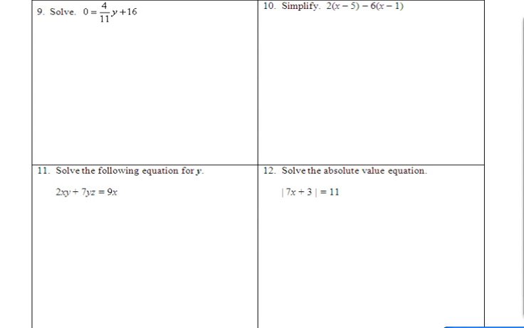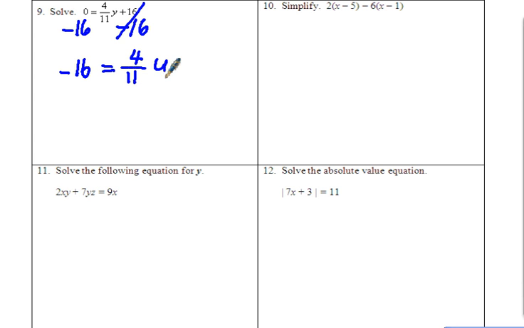Now we are starting with the second part of the first problem set. How do we solve this problem? 0 is 4 over 11 y plus 16. We want to subtract 16 from both sides to make sure that we get only y terms on one side. So we get minus 16 is